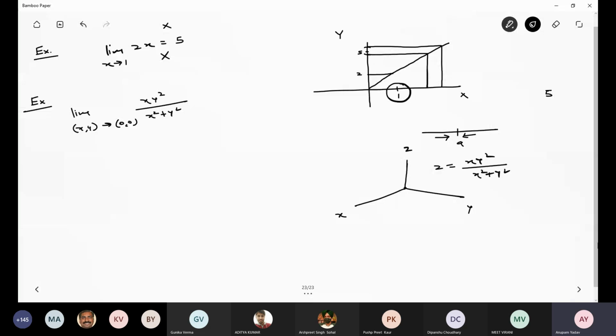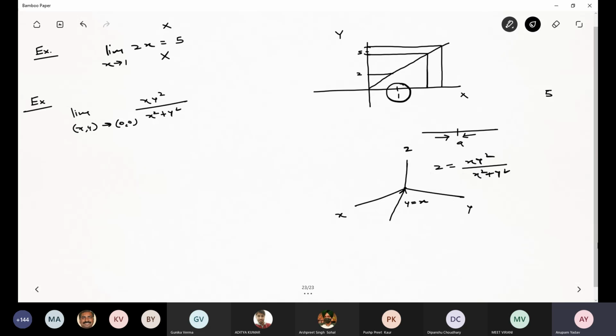So suppose I choose a particular direction, and that direction is y equals x. If I choose the direction y equals x, what is this direction? It is nothing but one of the RHL or LHL if I try to relate it with the single variable case. So if the limit of this function exists at (x, y) tending to (0, 0)